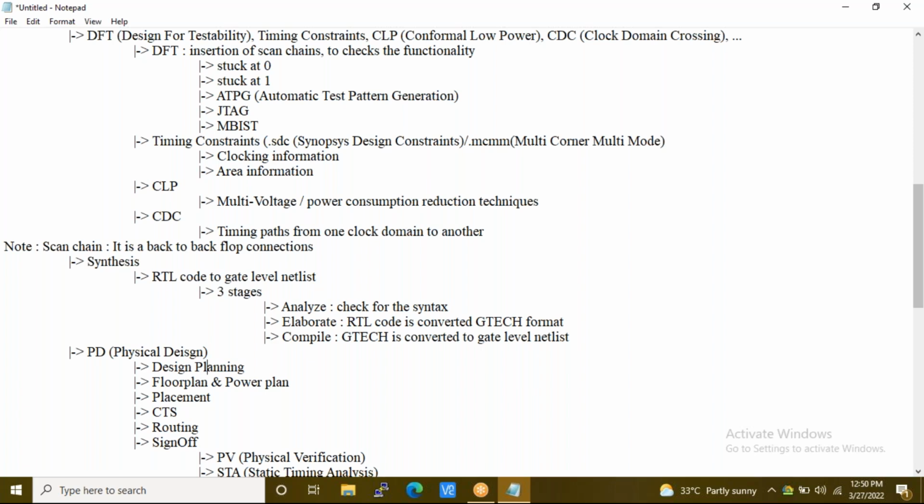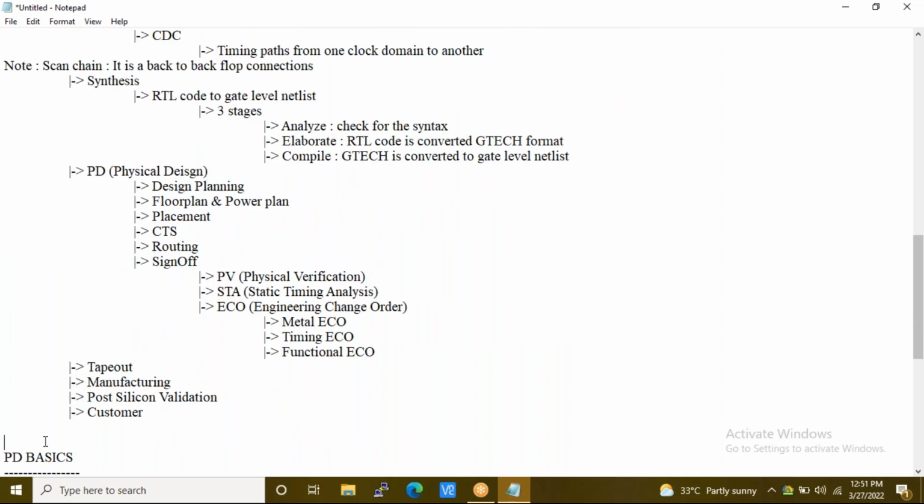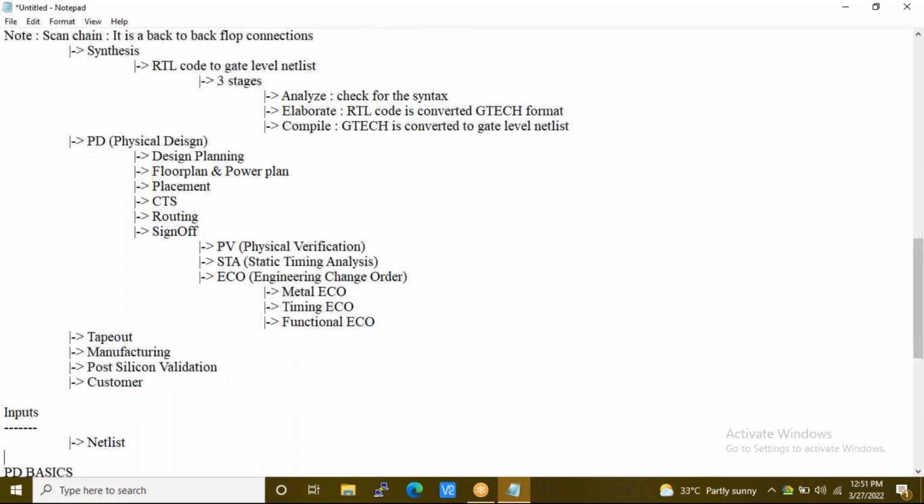So next, all the inputs which I have provided to synthesis. When you're talking about the backend, from the inputs perspective, we will have the netlist information. I'll write it common for synthesis and PD, and later on you have to adjust it. For synthesis, the RTL is the input.